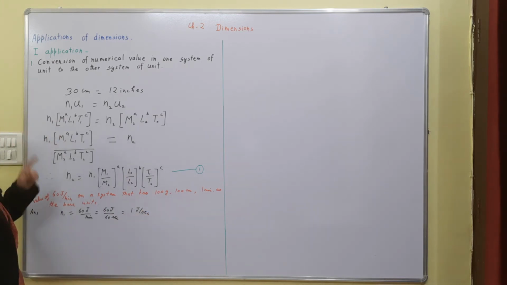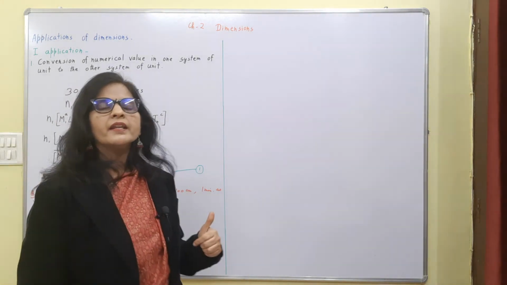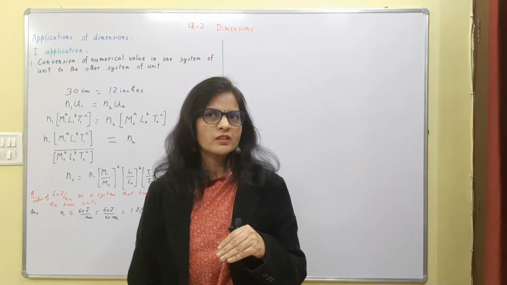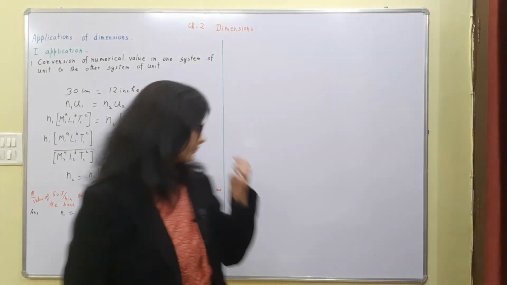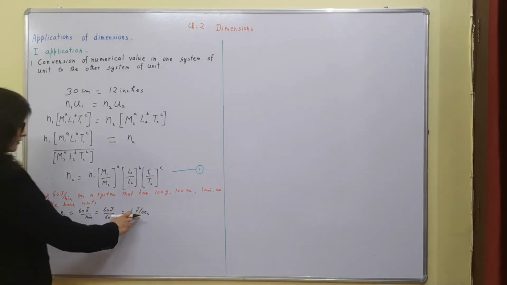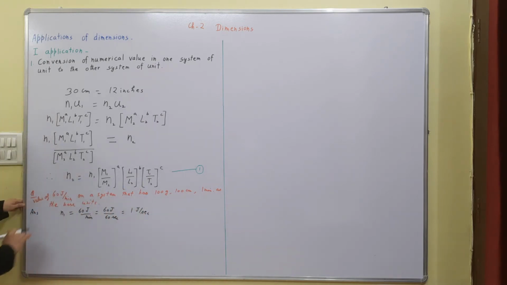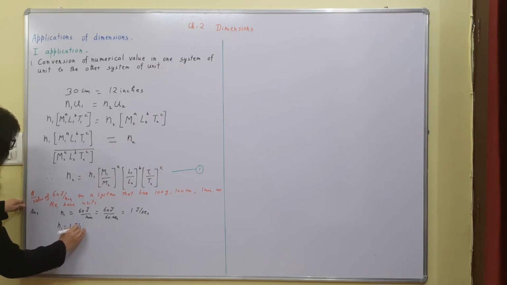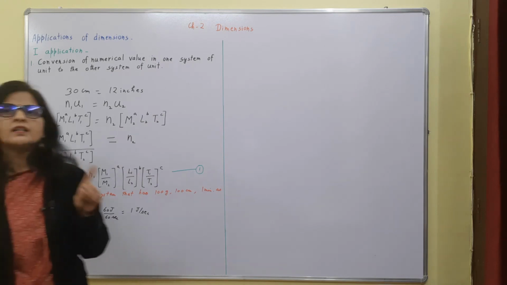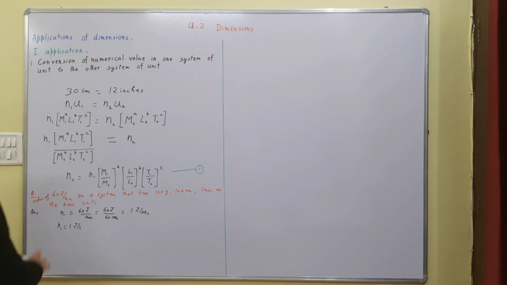Now this is the SI system, and joule per second means energy upon time, and energy upon time is what? This is power, right? So this is work done per unit time, that means this is your SI unit, joule per second. So this is the first known system, so you can say that N1 is actually 1 joule per second. So whatever value we will put in our table for the known system, that value will be 1, not 60, right? Now we have to find the dimensions.